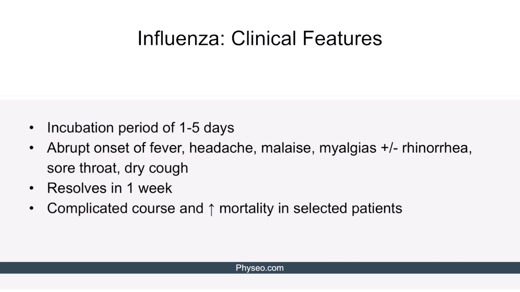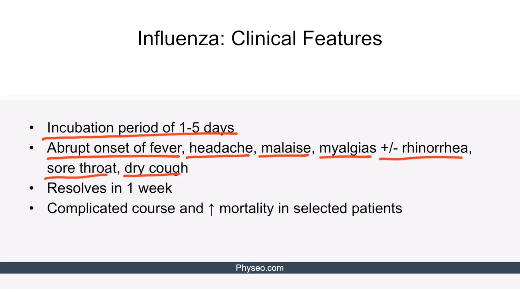Coming to the clinical features. After an incubation period of 1 to 5 days, it presents with abrupt onset of fever and prominent systemic symptoms such as headache, malaise, and myalgias. Upper respiratory symptoms such as rhinorrhea, sore throat, and dry cough are also common. In most patients, it's a self-limited illness, which resolves in 1 week. However, it can have a complicated course and high mortality in selected patients, as we're just about to discuss in